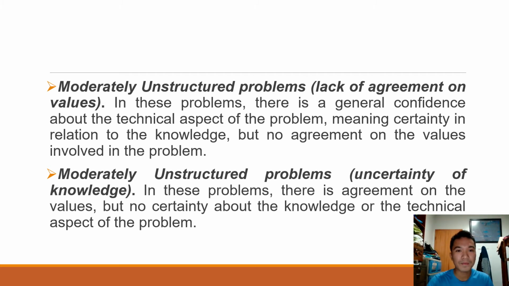For example of this problem is how to tackle HIV/AIDS. Another example of this might be the situation where there is a significant educated or youth brain drain from a country. The general opinion is that this should be stopped, but there is not a clear understanding of why it is occurring or how to tackle it. So that's it. There is an uncertainty of the knowledge about the problem.